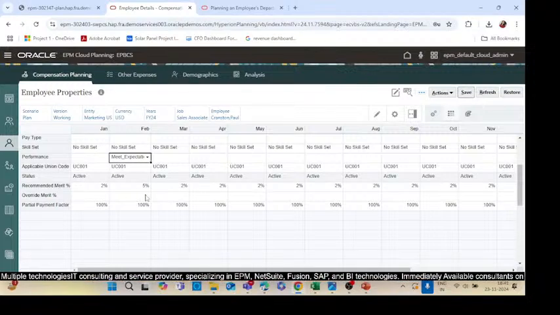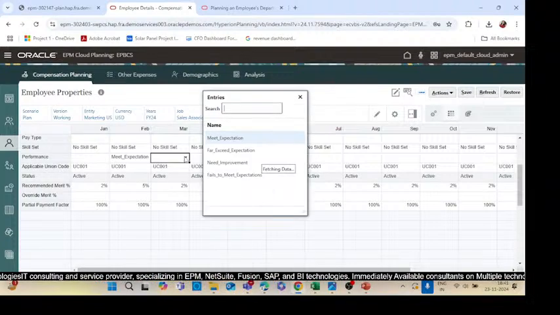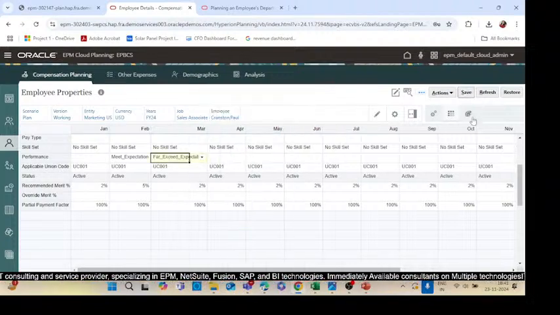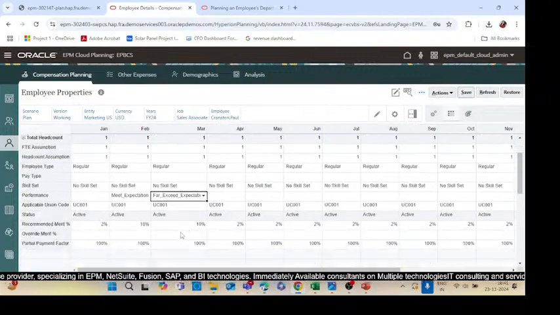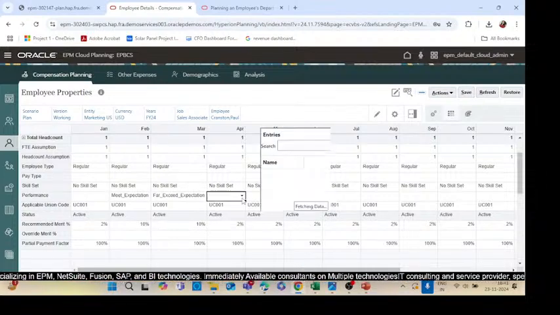Okay, not 10%, the meet expectation rate was 5%, but suppose in March he works far exceed expectation, and I click on save again, so the employee will be getting a 10% raise. Similarly for the rest of the months,